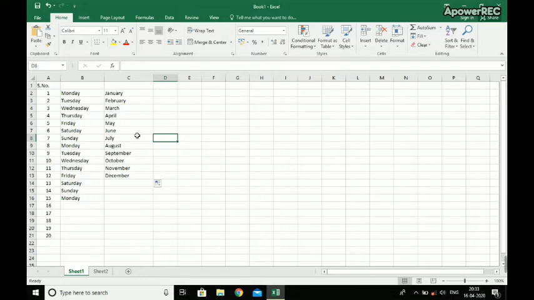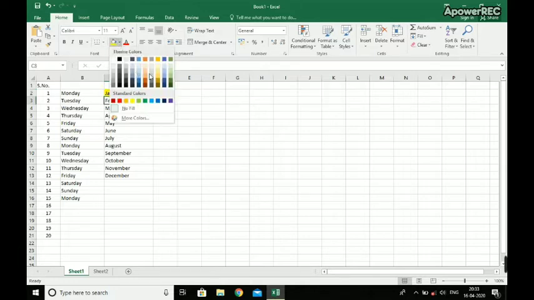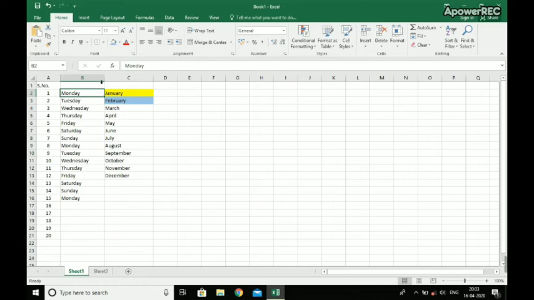This will help you to save time, and if you want to change the font color or the cell color, you can change it from here. Okay, any color which you like. Now the same with the font color also, you can change it from here.